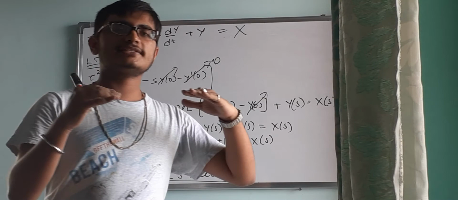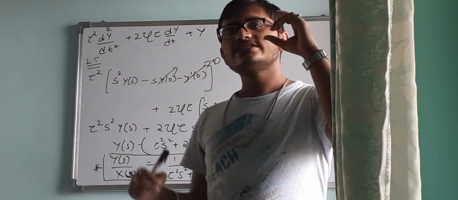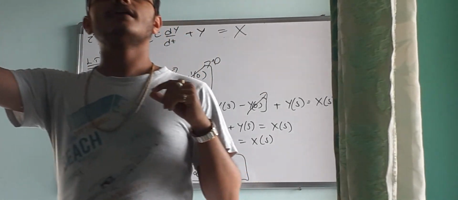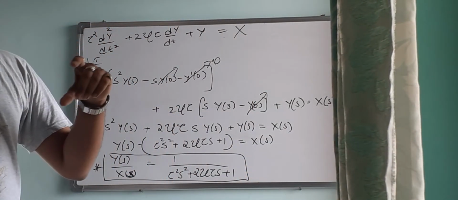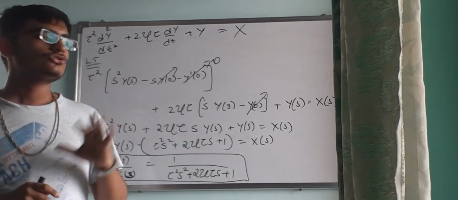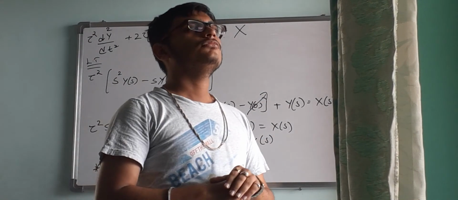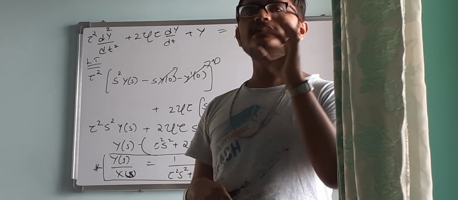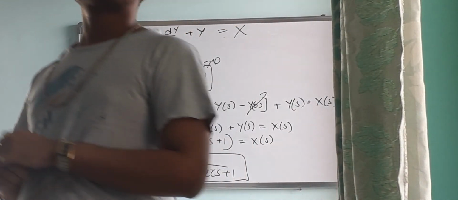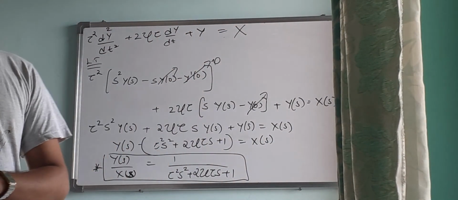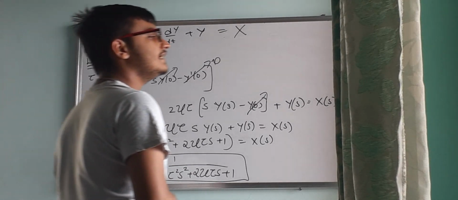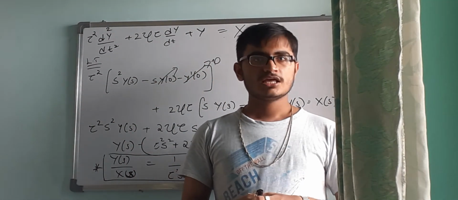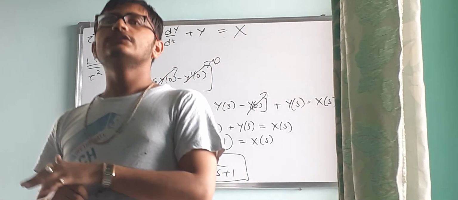So the first thing here is you consider a U-tube manometer, where you will have initial heights of mercury the same. As the process begins, the change in complete height you take as h, and if the rise in one arm is h by 2, there will be a decrease in the other arm of h by 2. Now to calculate the transfer function of this kind of second order system, we will consider the momentum balance equation. We have to calculate the rate of change of momentum. That rate of change of momentum is generally the sum of forces that allow the fluid to flow. Those forces are equal to unbalanced